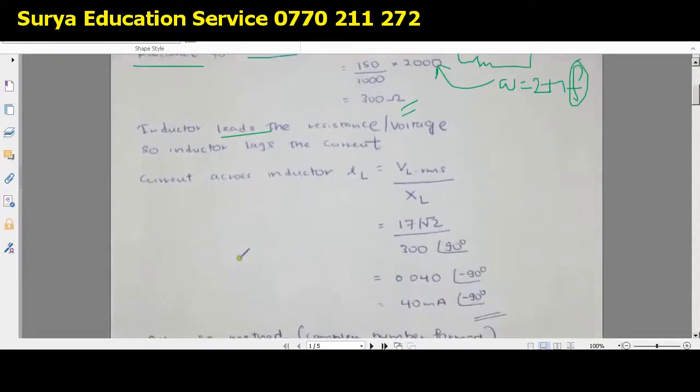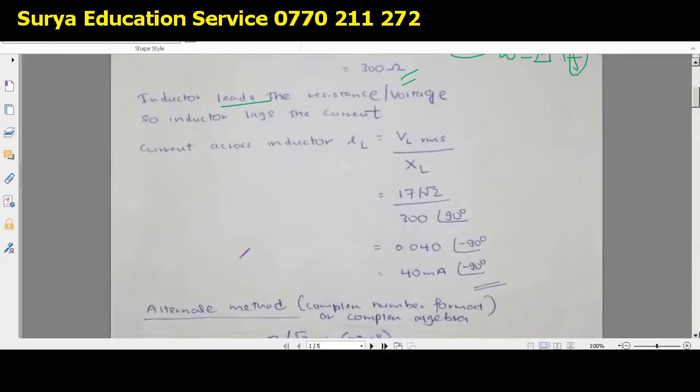So now, because this is a systematic approach, you can understand. So now we are going to calculate the current across the inductor. So how to find the current across the inductor? Because we know V equals IR, no doubt. So current would be V divided by R. So that is why I told you this reactance is also something similar to the resistance, but not that. Okay, so here, what is the voltage?